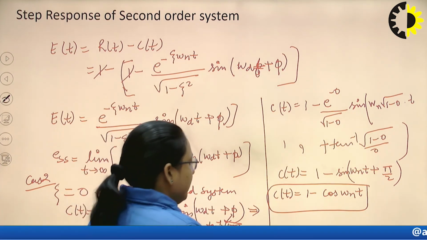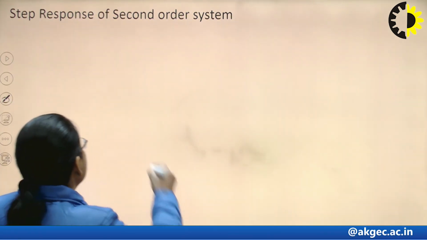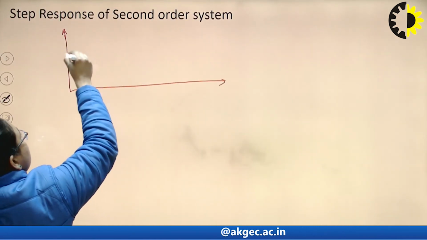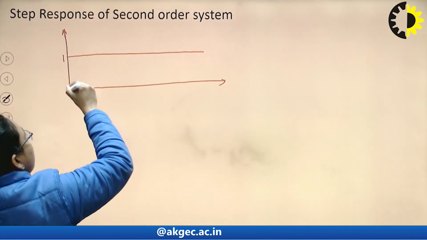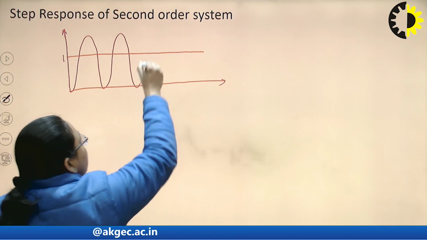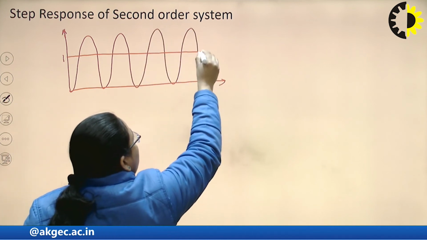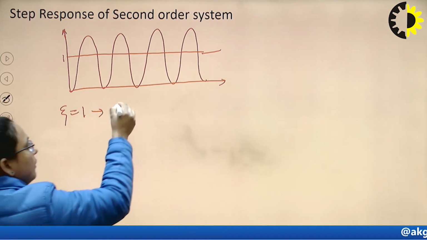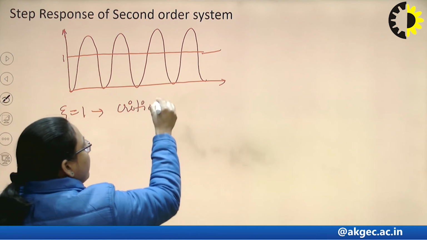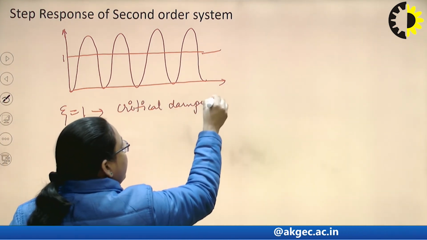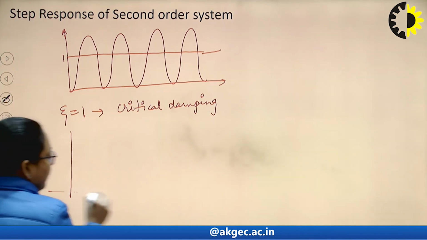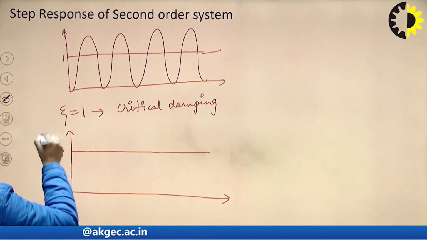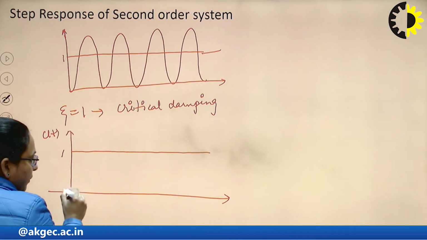And we get the expression, we get the curve for a unit step input. Curve will be like this. Okay. Similarly, for zeta equal to 1, this is called the case of critical damping. So in critical damping, we will get the value for step input, that is 1, c(t). For critical damping, we will have